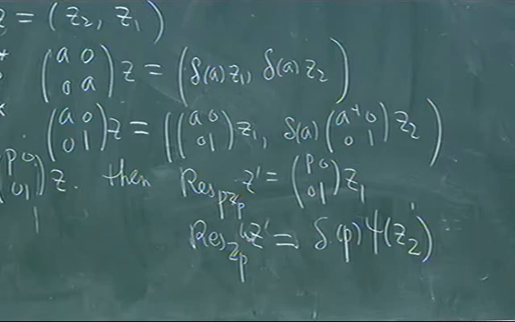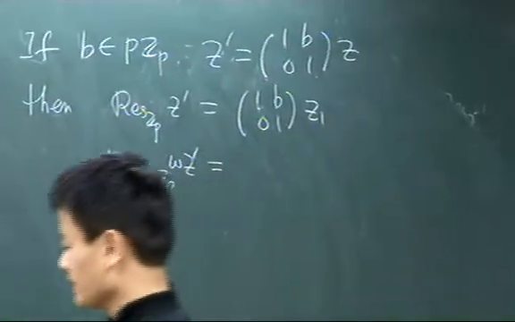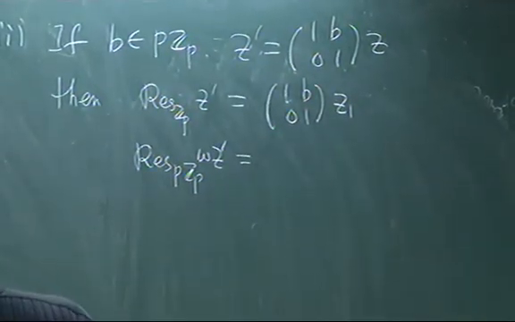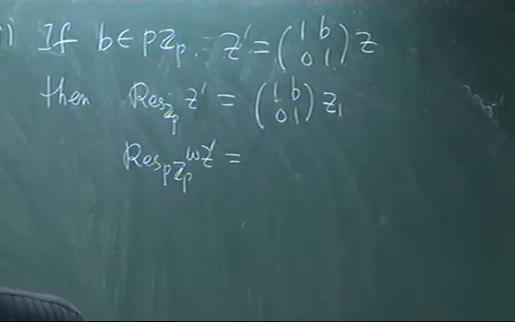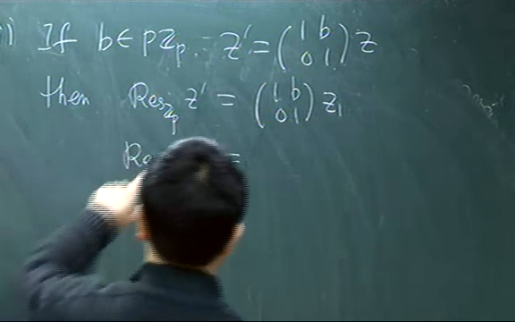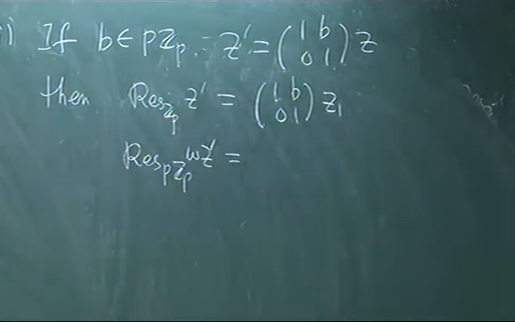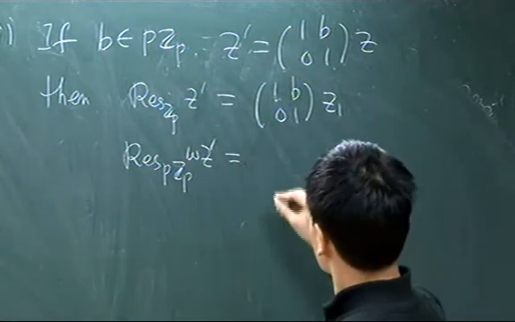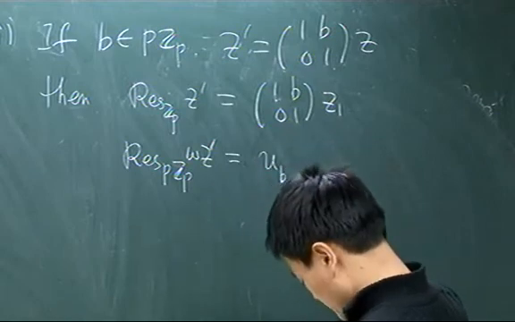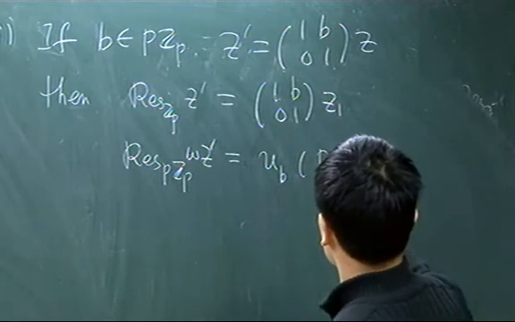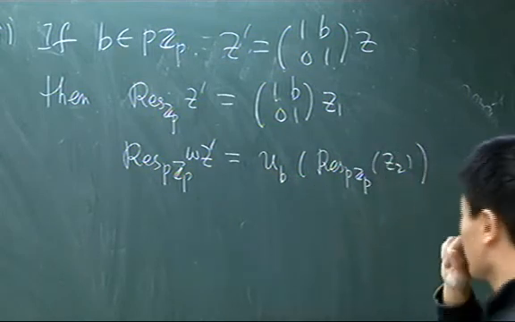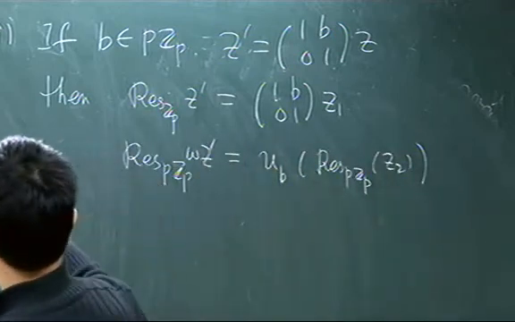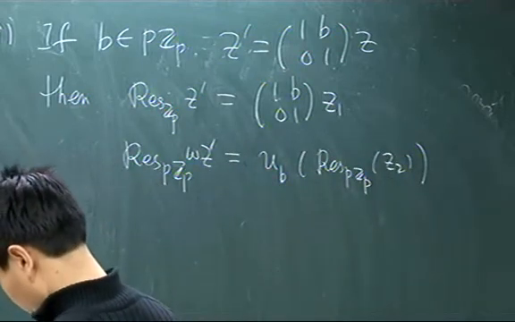And if you know two restrictions, you're going to get Z prime. So you either get the restriction of this in PZp, or this in Zp, you can recover Z prime, or on this side you can also recover Z prime. This one is UB, PZp, Z2. So UB, well, the last thing, UB